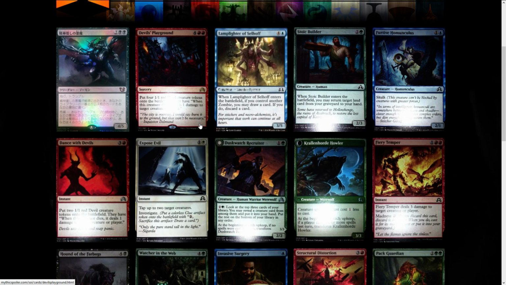Stoic Builder. When it enters the battlefield, you may return target land card from your graveyard to your hand. That's pretty cool. It works very well with fetch lands. The fetch lands will be gone, though. So Stoic Builder, I think, in this set with Evolving Wilds might be okay. There might be a few other cards that...